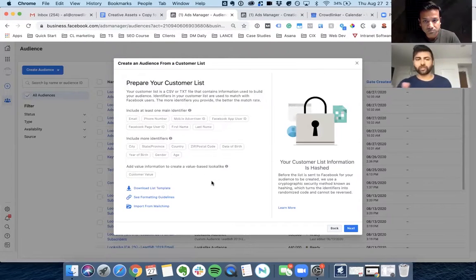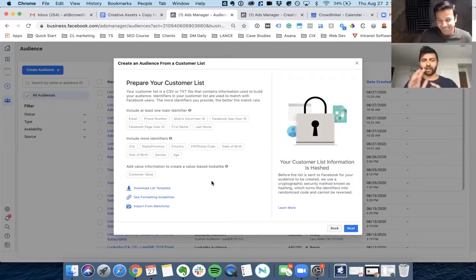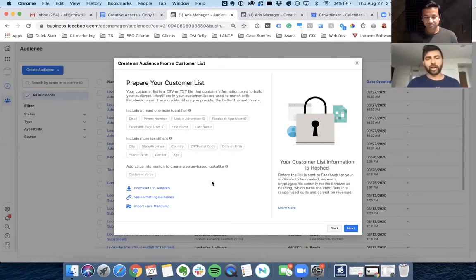Once again, guys, there's a million videos on YouTube on how to get to this part, so I don't want to stay here. But you can upload a CSV here. It will prompt you where the emails are. You can even put in phone numbers. Tugan, can you speak a little bit more about which of this data LeadSift would provide? Because you can put in the email, but when you start putting in the phone number, the first and last name, the zip code, it makes it even more targeted. It's easier for Facebook to find these people if you put in more data.